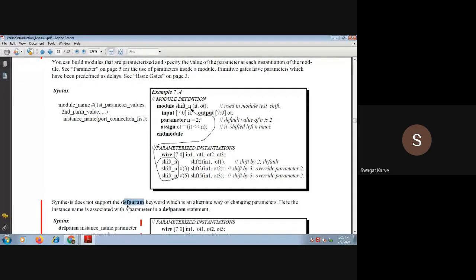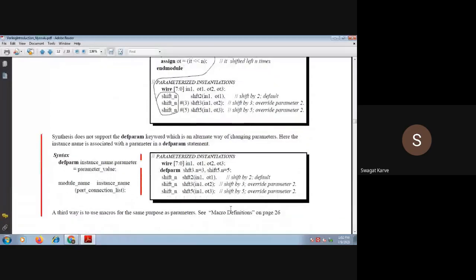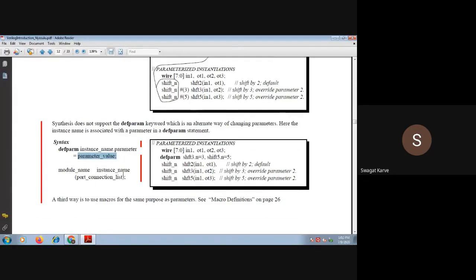So you have to use this defparam statement to help the compiler identify it as a parameterized instantiation. This is the syntax for parameterized instantiations: instance name dot parameter is equal to parameter value. That means whatever new value you want to assign, it is the new parameter value.